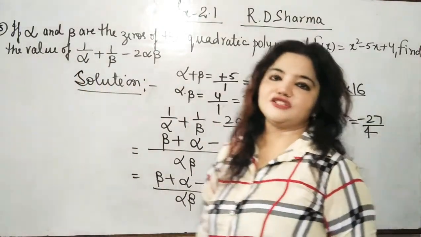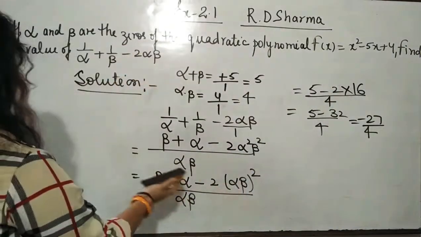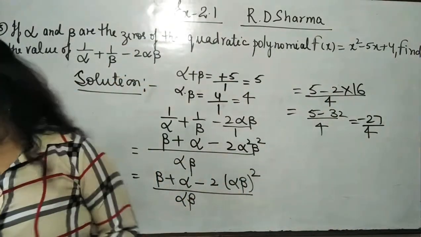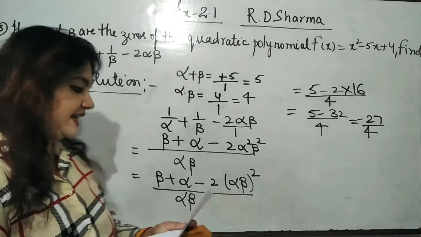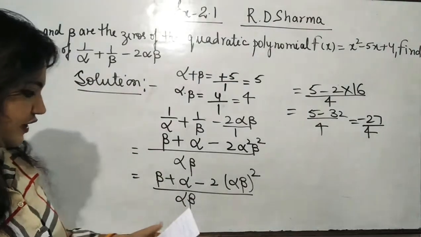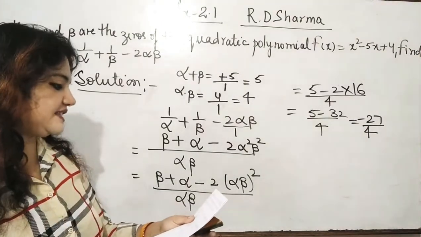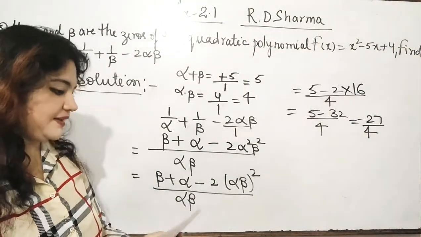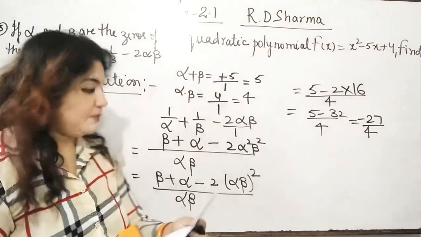Now we are going to solve sum number 4. Actually, we have the same type of question. I'm just reading it for you: if alpha and beta are the zeros of the quadratic polynomial p(y)...